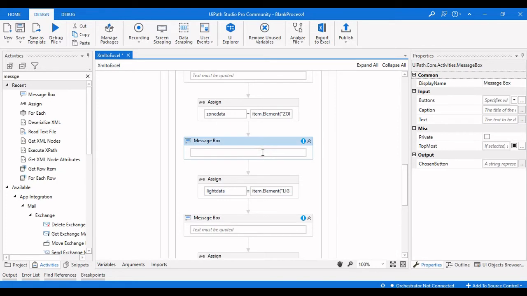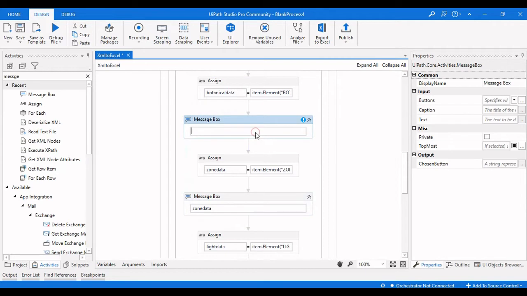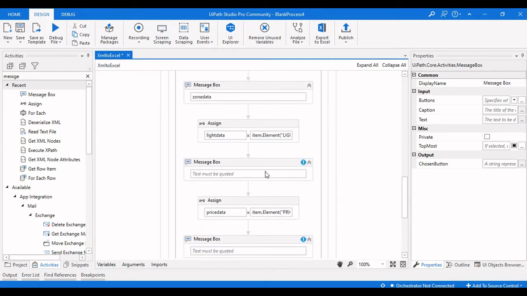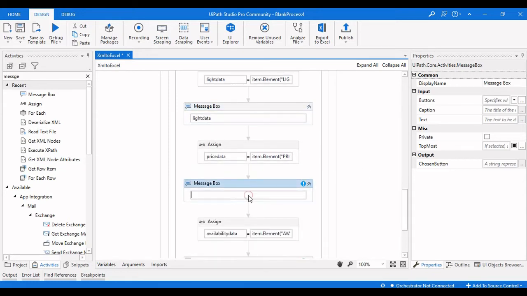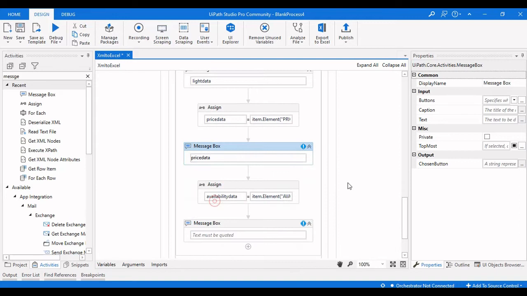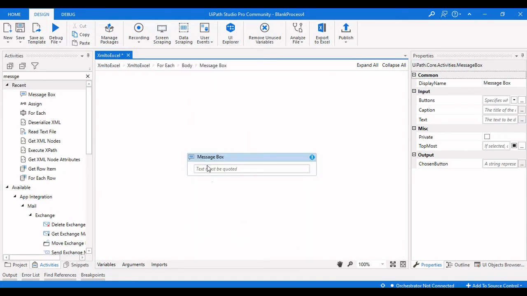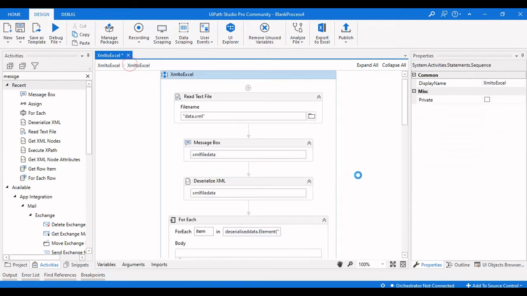So here it is zone data, here it is botanical data, here it is light data, here it is price data, and availability data. So with this we completed the extraction from the XML file.